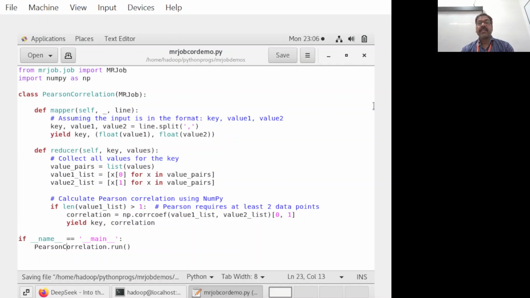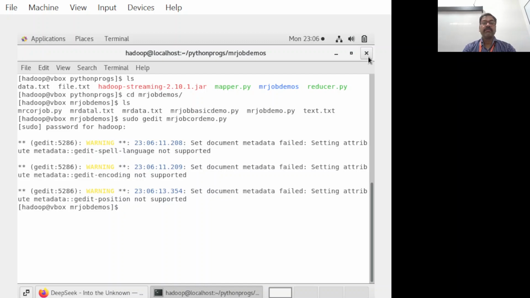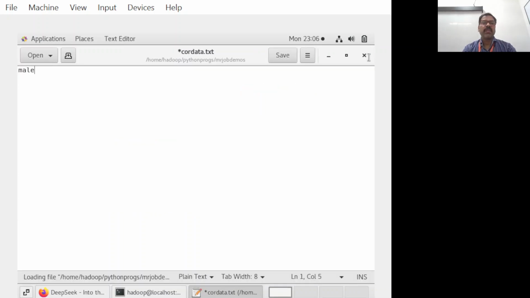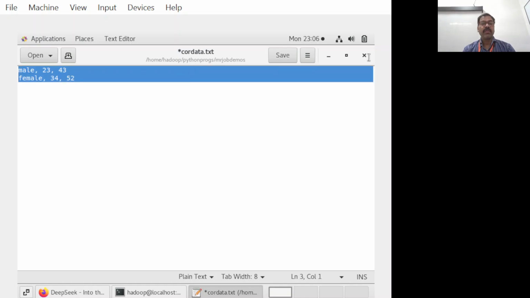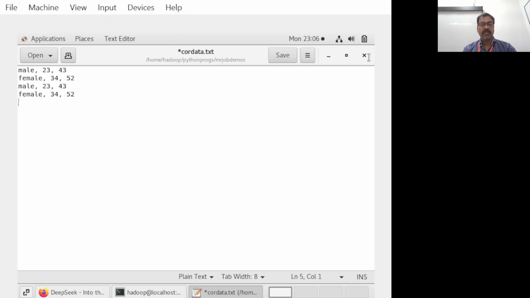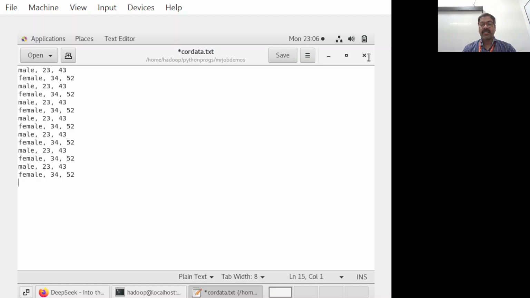So let us take this script as it is, but I need to have the data. So sudo gedit core data.txt. So let us maybe I use male 23, 43, something like that, female 34, 52, and now I just have to copy this and then a couple of, but see that the last line should not be a blank line. That will create a bit of here 33,